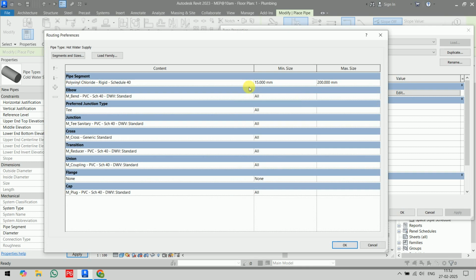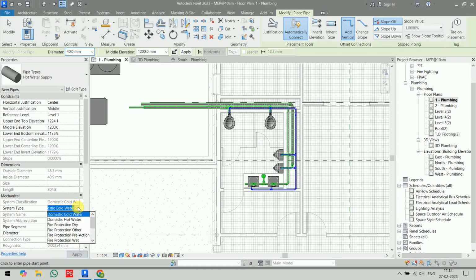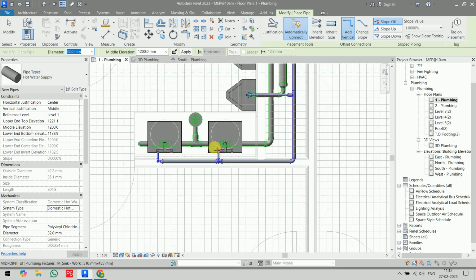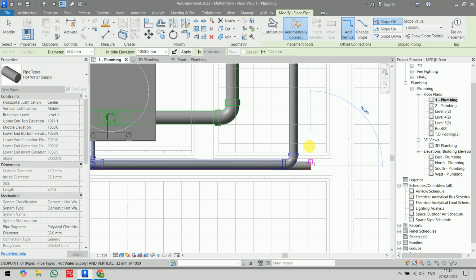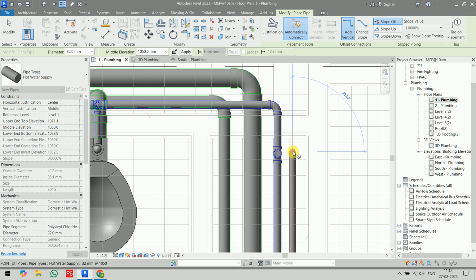Go to edit. This is the same size we required. Let's say for the hot water we required domestic hot water. Okay, for this we required a size of 32 mm only, because we required only the connection for these wash basin. So let's say we have elevation of 3265, 1050. From this we will start. This red color will represent the hot water, and accordingly we will go 25,000,